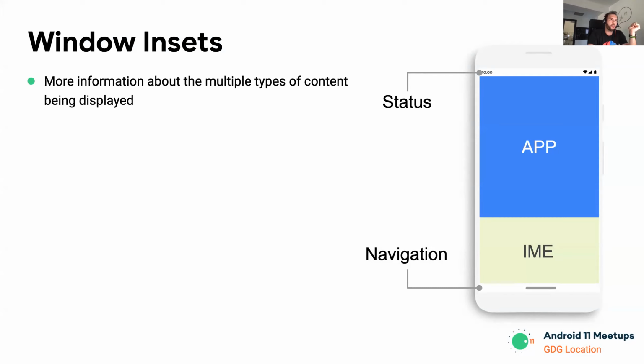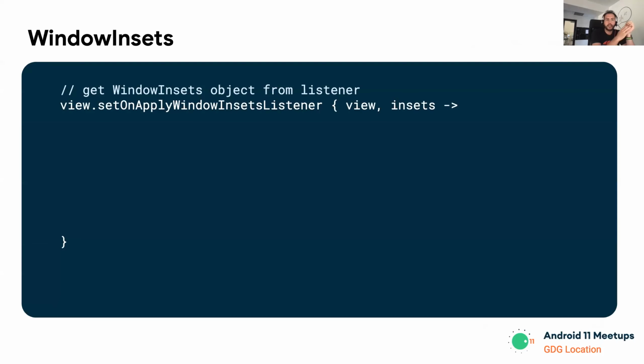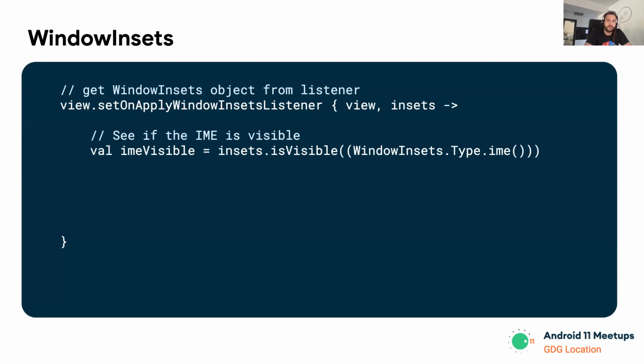As you know, our app actually depends on the status bar, and there's also the navigation bar, and also the IME, which is typically the keyboard that can pop up on top. And the fact that we can adapt to this has always been a big pain for Android developers. Luckily, in Android 11, they've introduced a very nice system based on the window insets, which allows us to set up a listener. And based on that, for example, finally be able to check if the keyboard is open. This is something that I'm really, really excited about because it has caused me and I guess everyone else a lot of pain over the years.